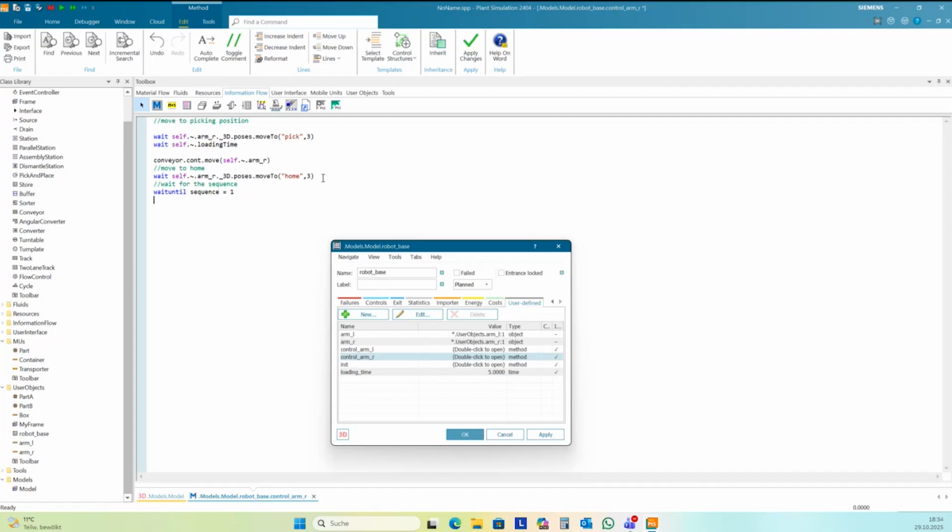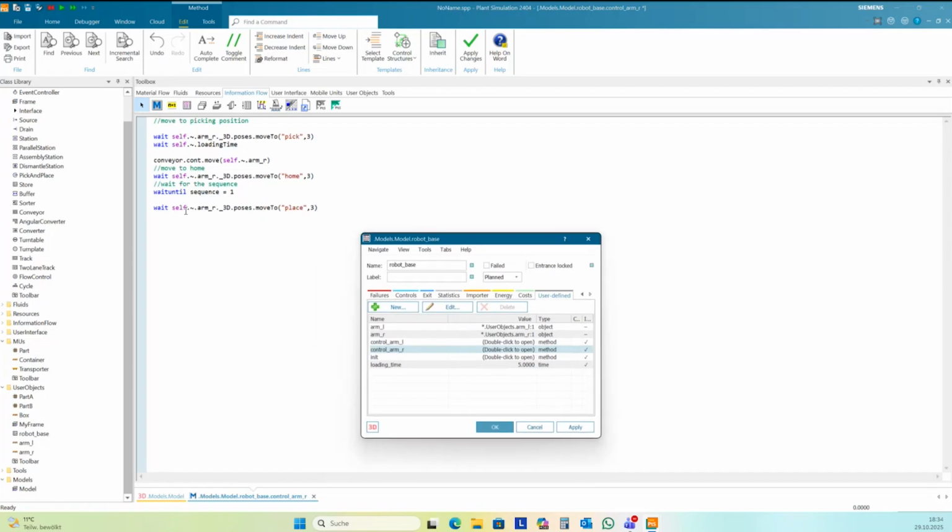I need to wait for sequence number 1. So that means the box is on the right position. Then I can move into the position of the box. And this is my pose place.